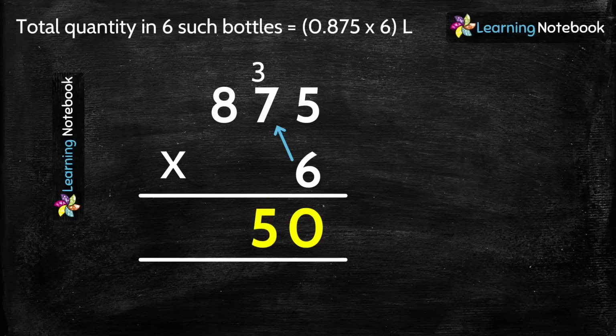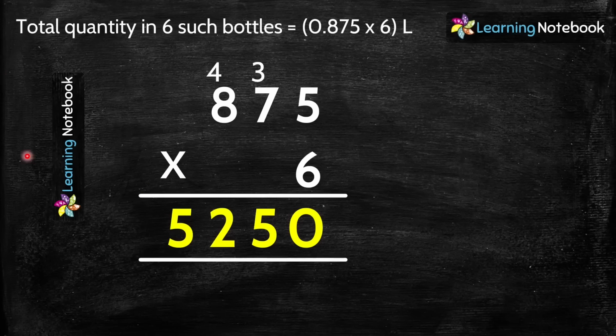So carry 4 and write 5 in the answer. And lastly, 6 multiplied by 8 equal to 48 plus 4 carry equal to 52. So the product is